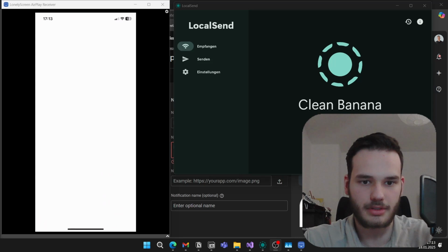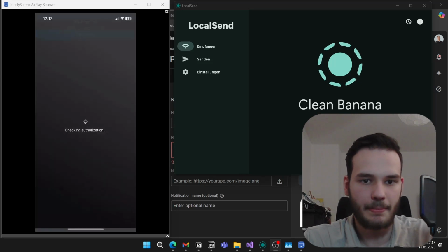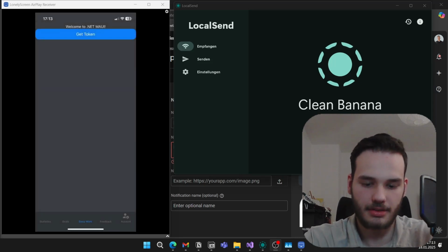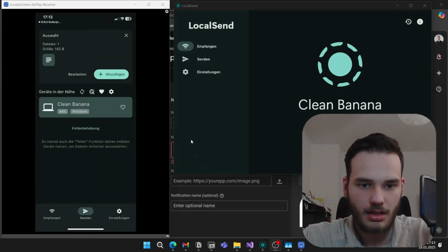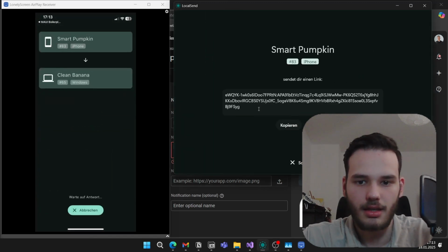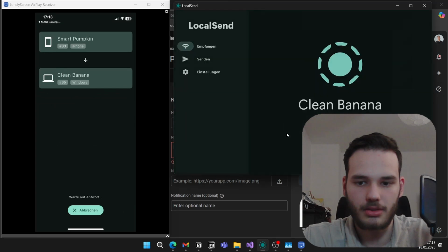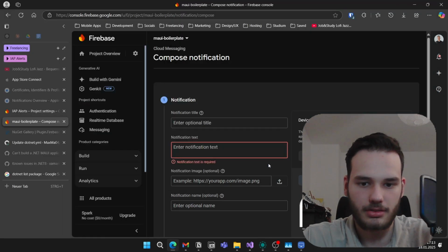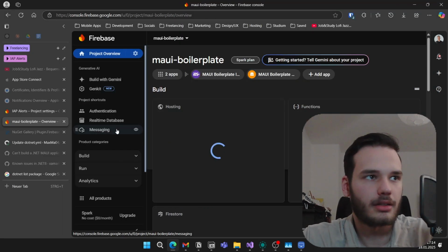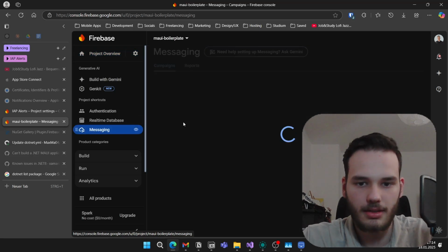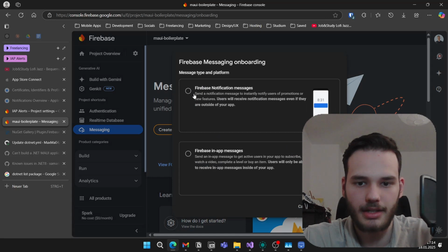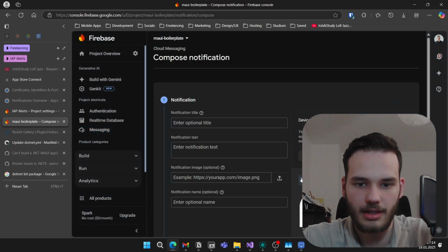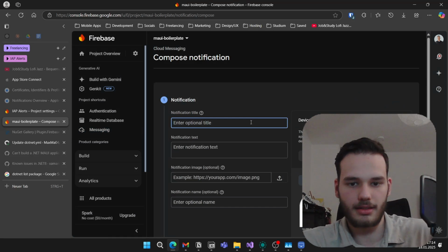First of all, we have to go to our app. I have installed it over TestFlight and get the token. Here we can just copy the token and go back to Firebase. Here you can just go to messaging, create your first campaign, Firebase notification messages, create, enter your title,